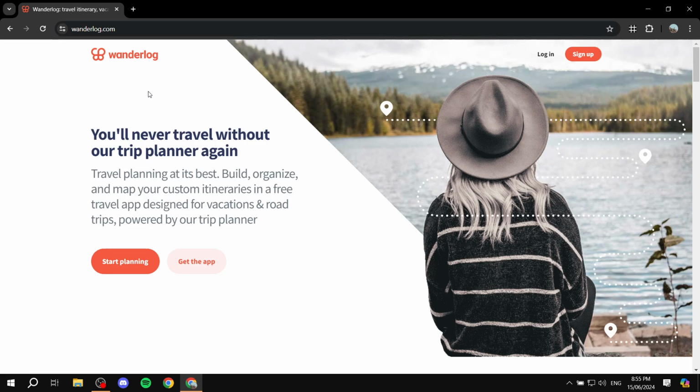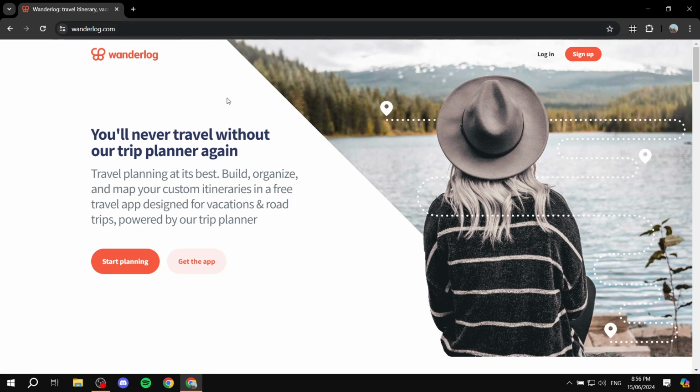Basically, Wanderlog is a platform that is going to help you plan your trip. So, if you're planning to go on a trip, whether it's going to a different country or maybe a road trip, it's just going to help you plan the entire thing. It's going to have a lot of tools, and I will show you how to use it. And those tools are basically going to help you plan exactly what you're going to be doing in this trip. When it comes to expenses, where you'll be going and times, hotels, booking, all of those things. So let's actually just get started and talk about how to